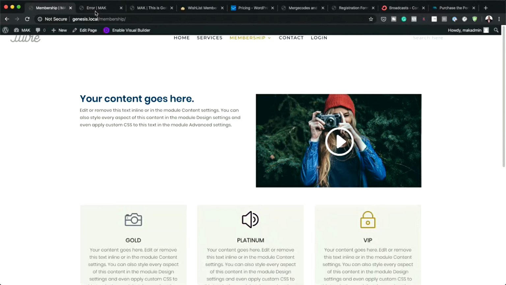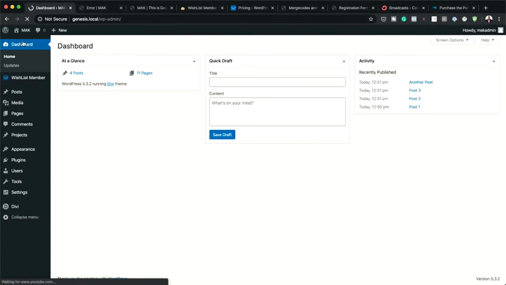Maurice says, can you import or export members? Absolutely. You can import, you can export your members. This is highly, highly flexible. In fact, let me show you where you can do that. There's quite a lot of features here that you can play around with. So over here, if we go back to our dashboard,